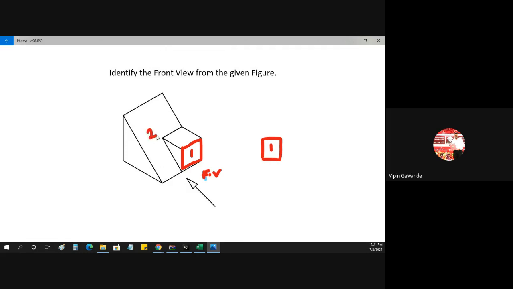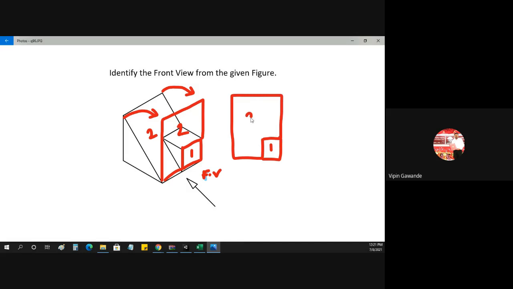Now this is the second surface. It is an inclined surface, so you make it straight. You make the surface straight. So what will you get? You will get this type of surface. You transfer this point here. I have told you that wherever there is an inclined surface, what do you do? Make it straight. So what will you get? You will get this type of surface. So this is your second surface.